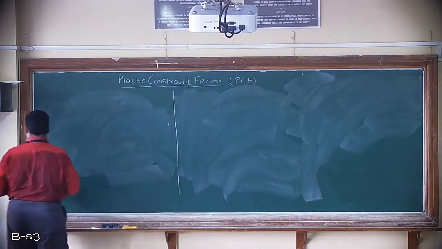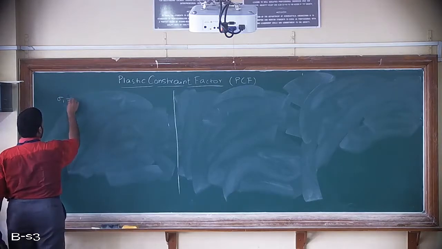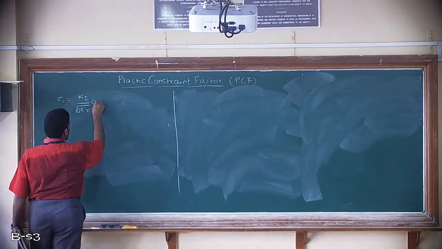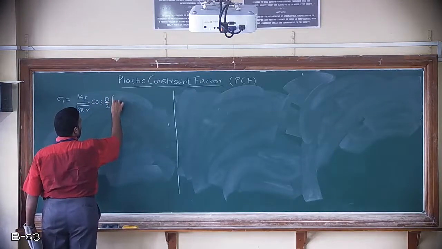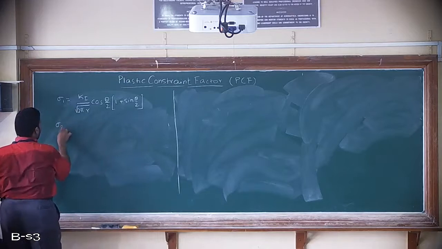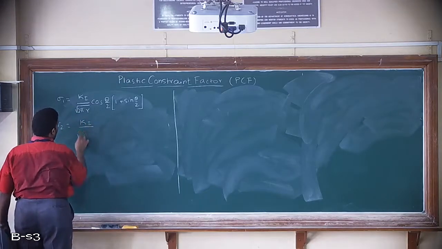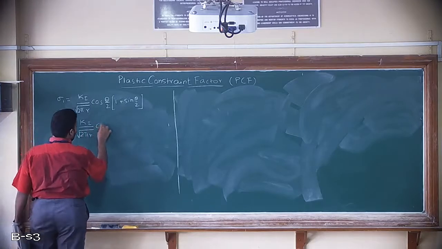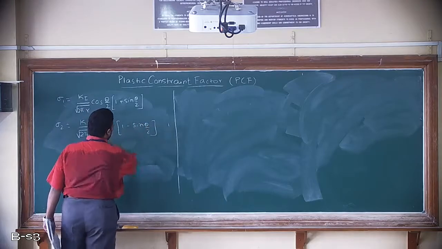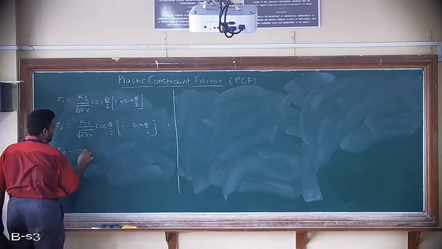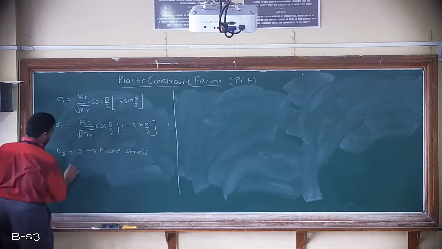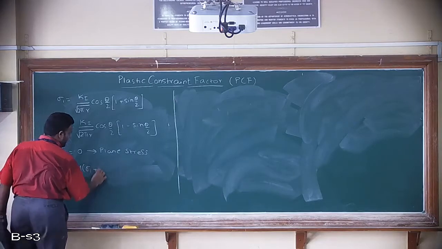From the stress field equation, we have sigma 1 as Ki upon root of 2 pi r into cos theta by 2 into 1 plus sin theta by 2. Then sigma 2 is equal to Ki upon root of 2 pi r into cos theta by 2 into 1 minus sin theta by 2, and sigma 3 is equal to 0 for plane stress condition, and this is equal to mu into sigma 1 plus sigma 2